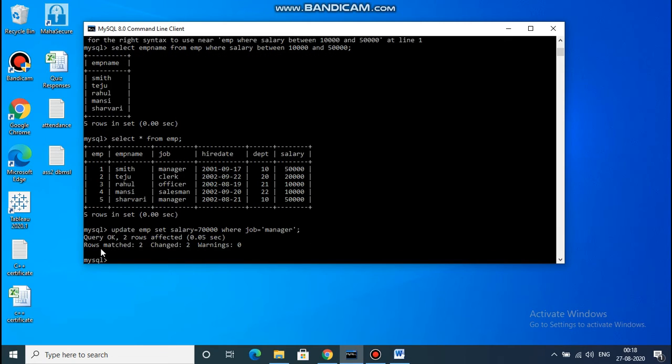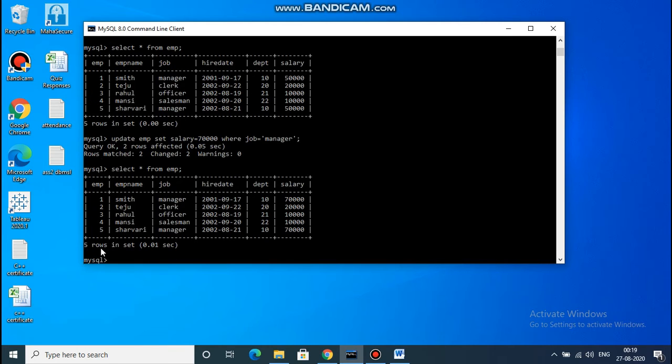query successfully finished. So I have to check by using select star from emp. So you can see here Smith and Sherwari both are the managers and salary has been updated. Okay, after that